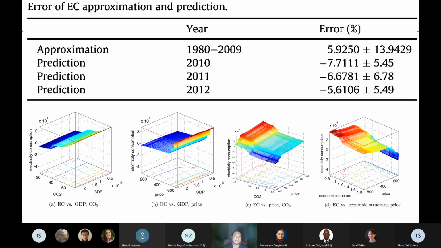This table gives the prediction results and explanation, and down here we plot 3D results, which we call data visualization, to show how the three different parameters interact with each other.